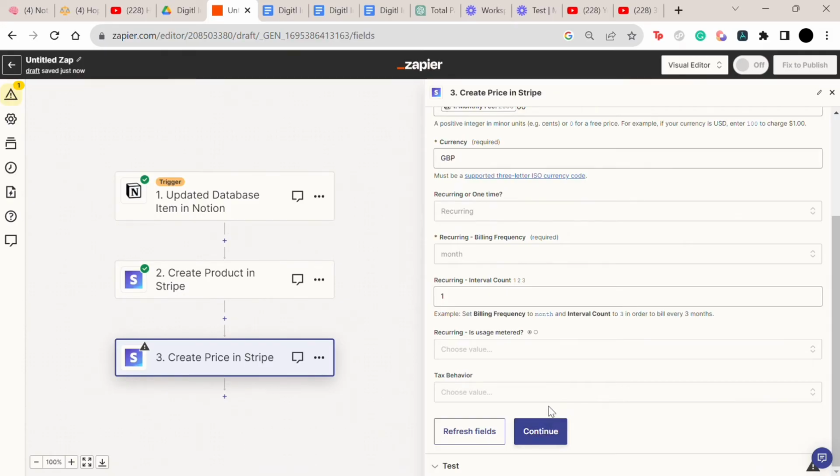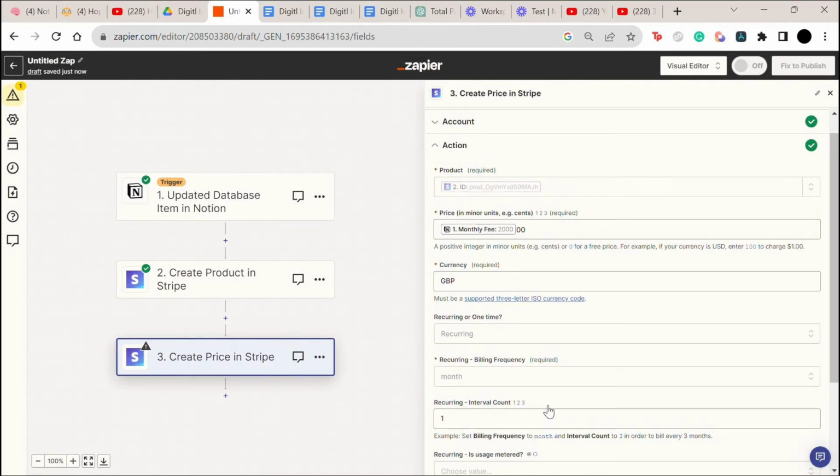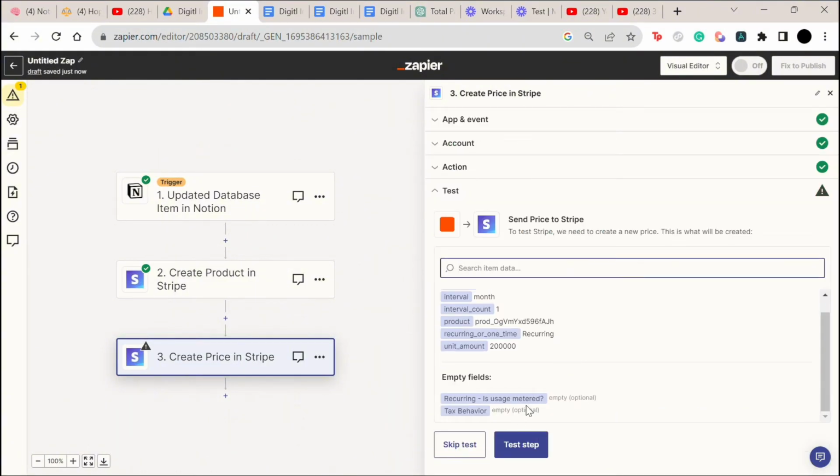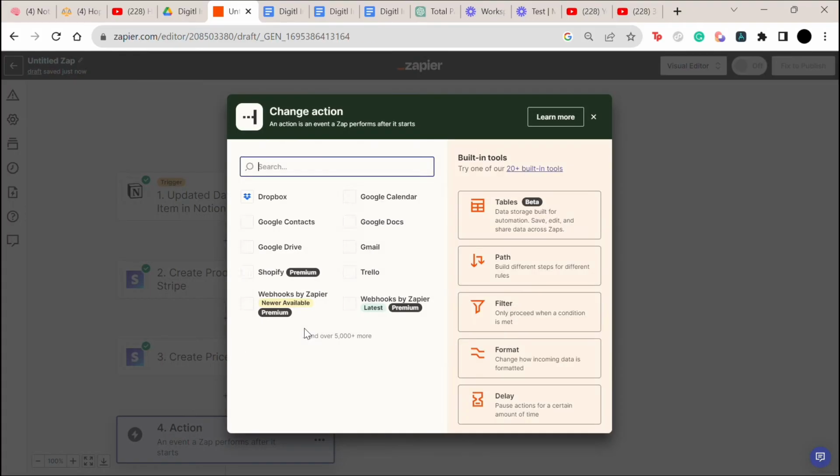If it's just a one-time payment, then you don't have to worry about any of this, and instead of putting a recurring cadence, leave it as one time. Once you've inputted all that data, test the automation, and let's move on to the next step, which is actually